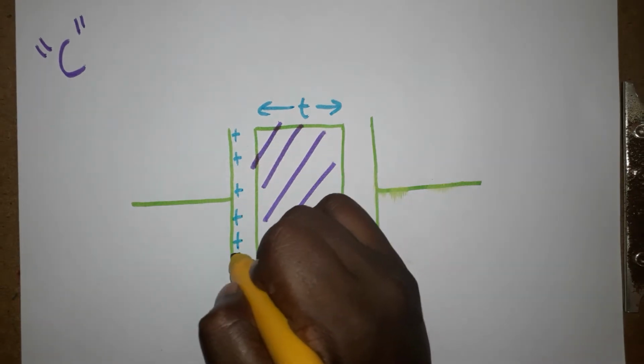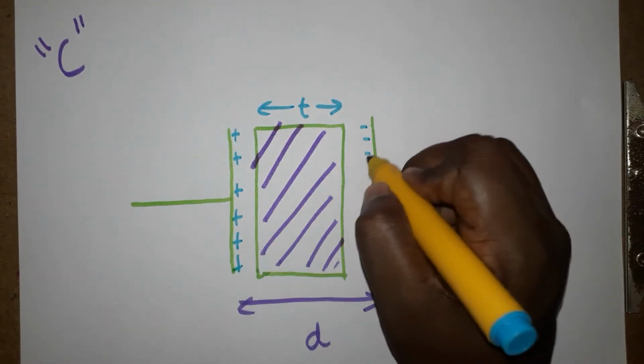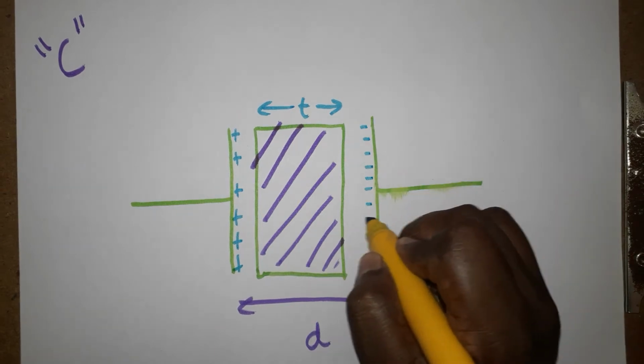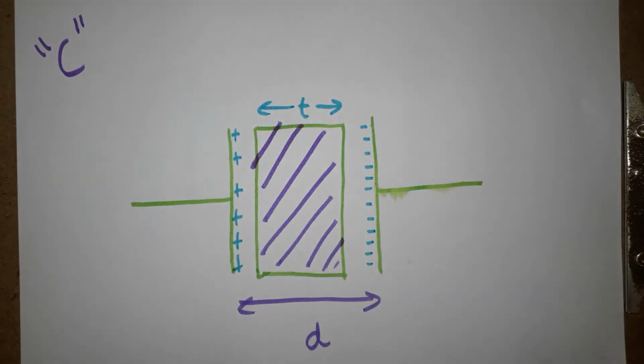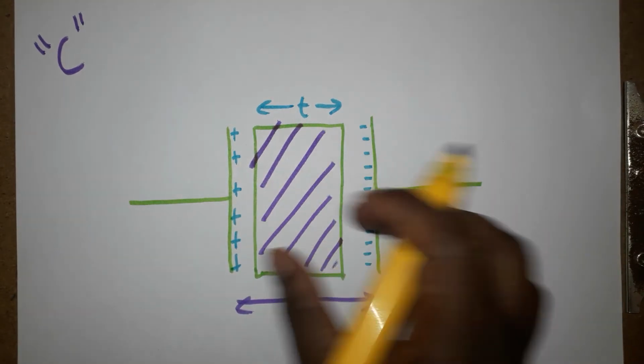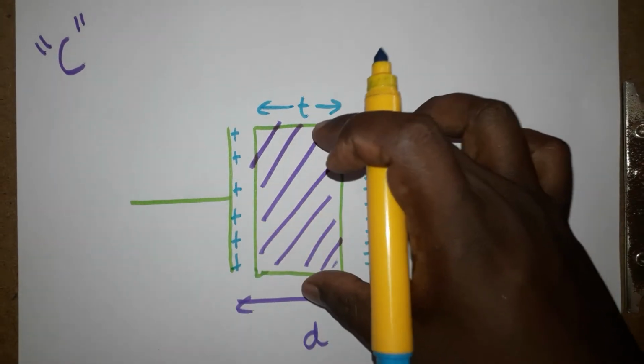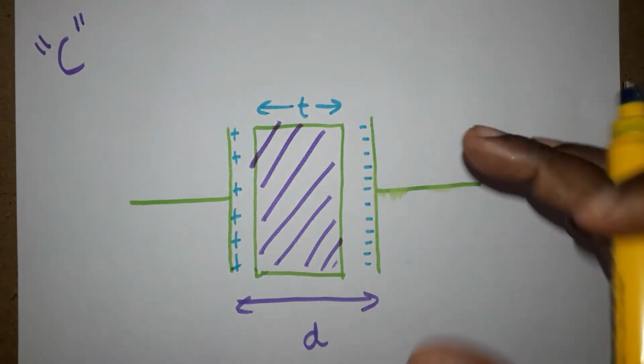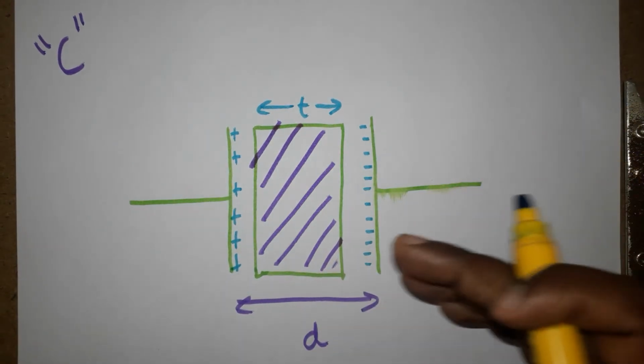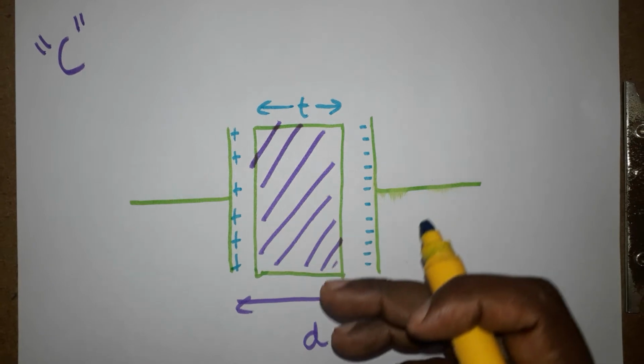So inside, I placed one material that is going to be a dielectric material. All dielectric materials are insulators, in which the electrons are tightly bound to the nucleus. But not every insulator can be called a dielectric material. Here I placed a dielectric material between the two parallel plates, which is going to increase the capacitance of the capacitor. This medium will increase the capacitance of the capacitor.